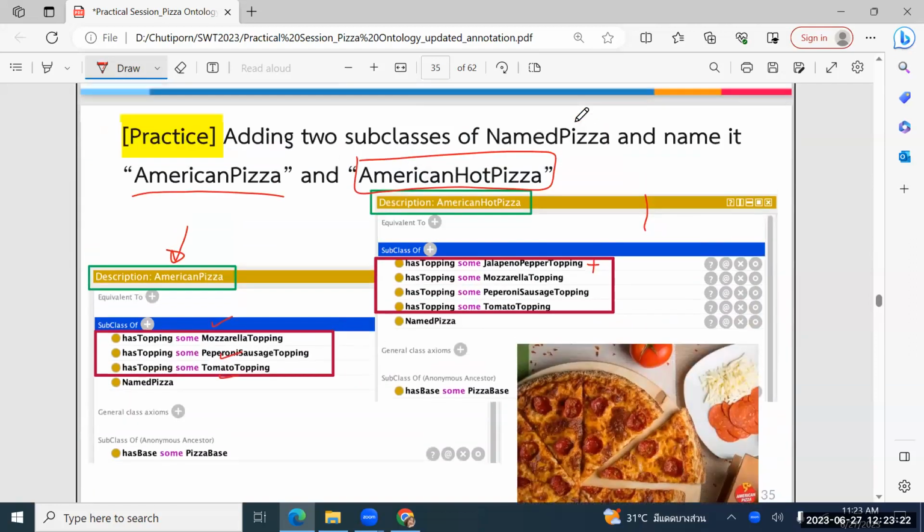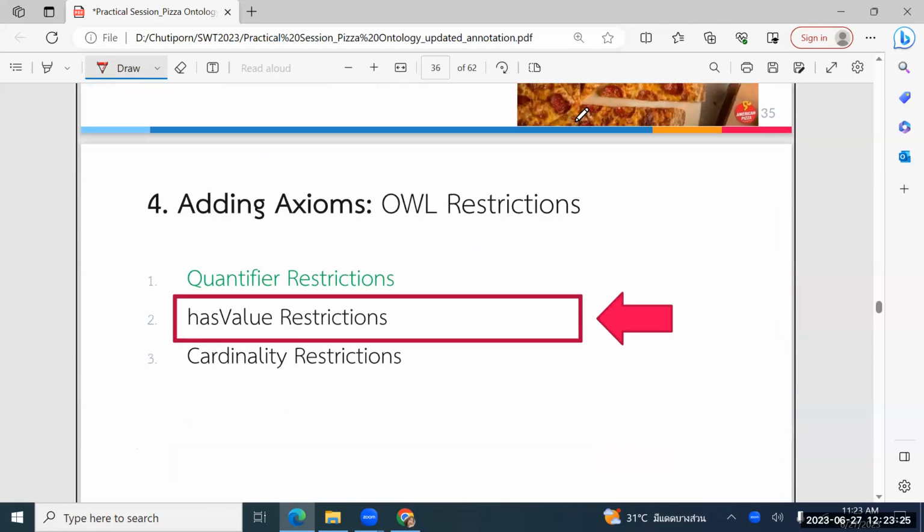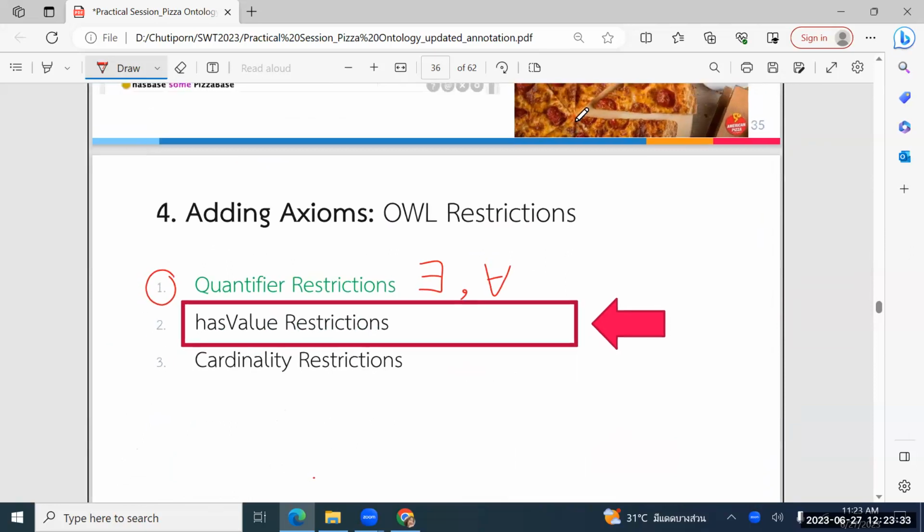So that's all about the quantifier restrictions that you can make use of, existential or universal, for the keywords some and only. And in this way, you are defining the restrictions on properties of your class, restricting some properties. Okay, the next one